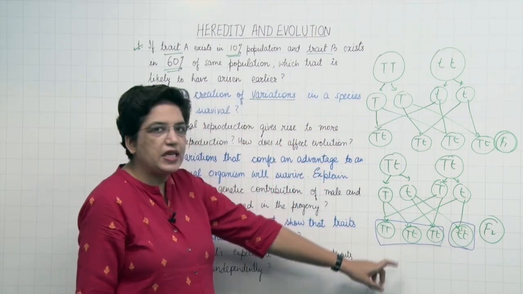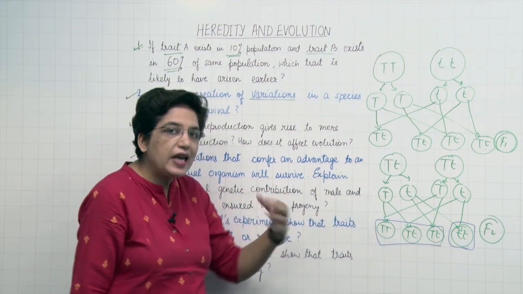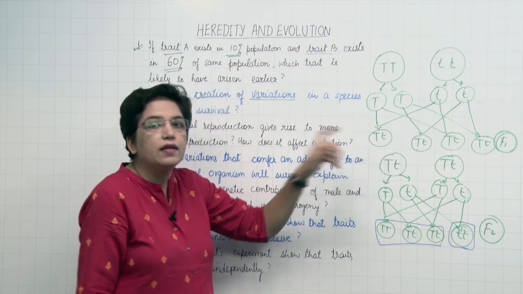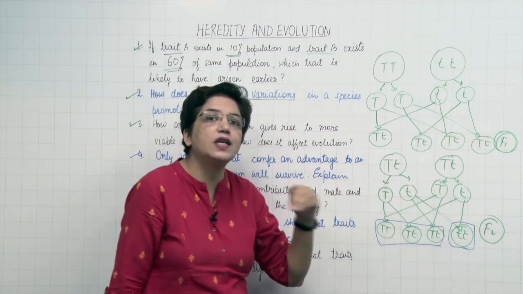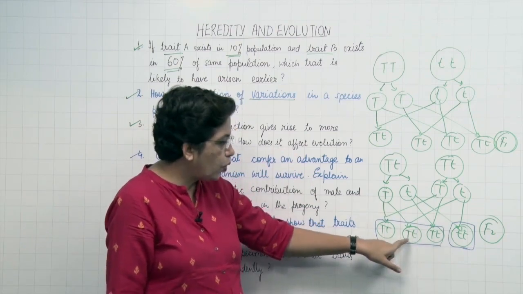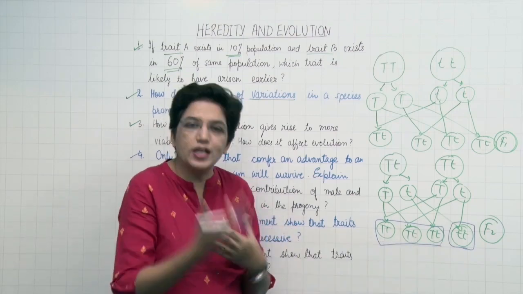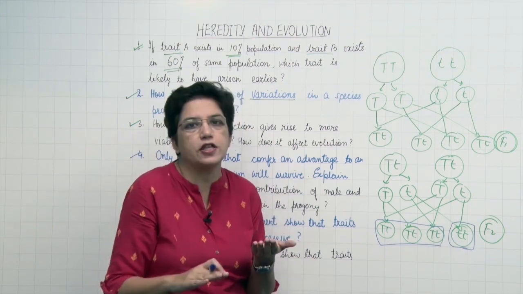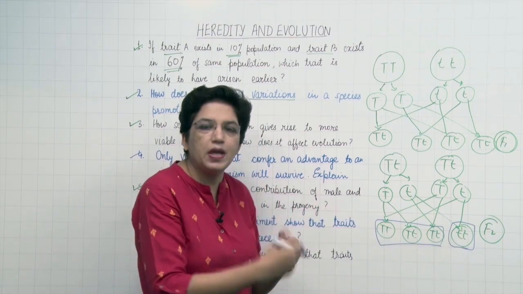So that means there are 2 types of genes. What are these? Those genes which are able to express themselves, which are visible in F1 progeny, are called dominant genes. While those which cannot express themselves in the presence of dominant gene are called recessive genes. So in this case, although one is capital T, another gene is small t, but this small t is not able to express itself. We will not be able to see these characteristics because they are recessive genes. These recessive genes are visible only in the presence of another similar recessive gene.